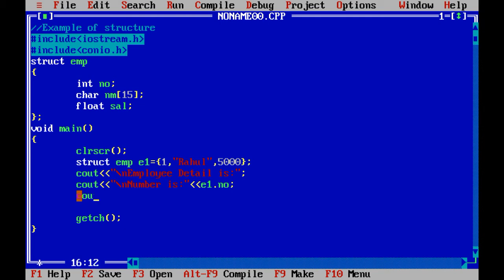Then cout \n name is. How is name going to be accessed? e1.name. And last point, cout \n salary is, and e1.salary.